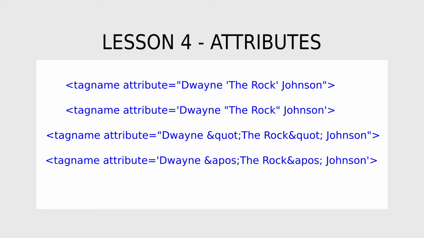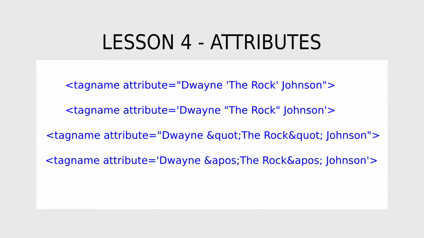Another situation where quoting might be necessary is when the value itself has single or double quotes. Single quote values can have double quotes within them, and double quote values can have single quotes within them. Since single quotes and double quotes have special meaning in HTML, you cannot directly use them in single or double quoted attributes respectively. You will need to replace them with a special set of characters called HTML entities.